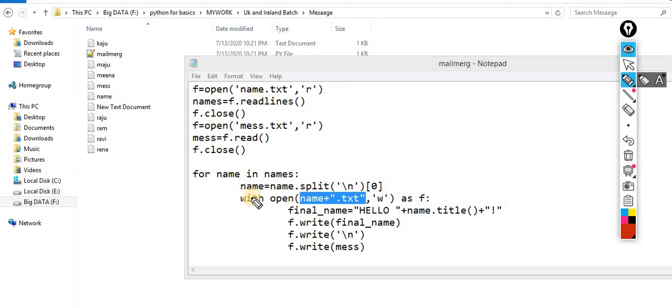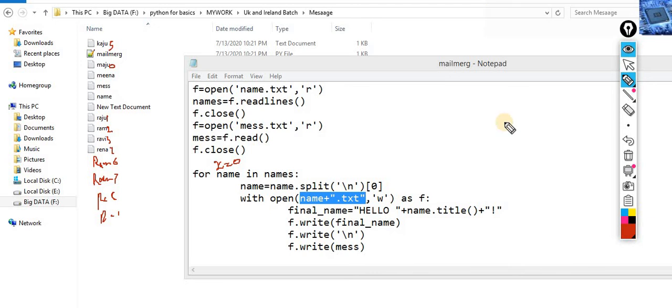For example, what you can do? Just take one counter. Let's suppose x is equal to 0. With every name, let's suppose the first name is Manju, so Manju 0, then Raju 1, Ram 2, Ravi 3, Reena 4, Kaju 5, and let's suppose there is one more Ram, then the next file will be created, Ram 6. So you can avoid this. Again, let's suppose there is one more Ram, Ram 7, Ram 8, Ram 9.